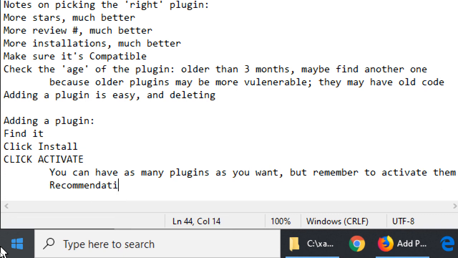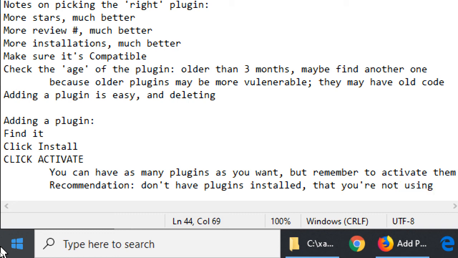Recommendation: don't have plugins installed that you're not using. You're free to try out 3 different plugins for the same task and figure out which one you like the best, and then keep active the one that you like best and deactivate the other ones. I'll show you how to do that. But I would recommend that if you don't have plugins that are being used on your site, remove them, because